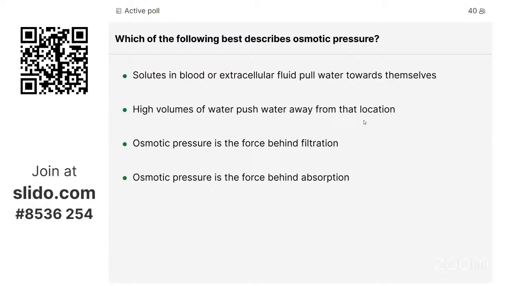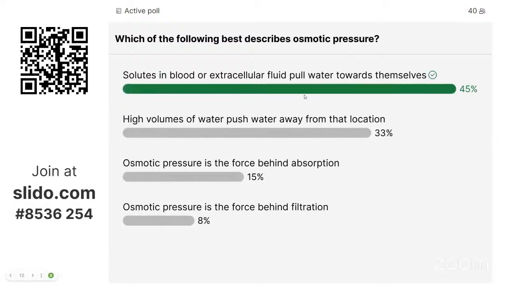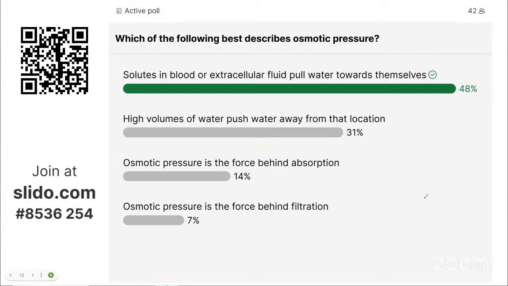Let's go ahead and take a look. Okay, yeah. So when we're talking about osmotic pressure, we're going to think about this for our purposes as a pull, right? So we're going to be thinking about cells or capillaries or spaces, right? But let's start with cells because that's how we thought about this when we thought about osmosis in general,